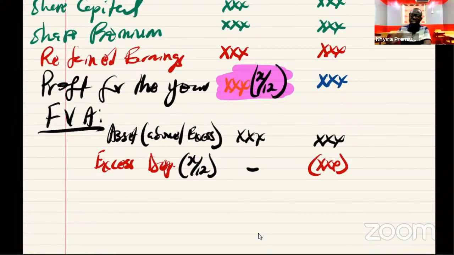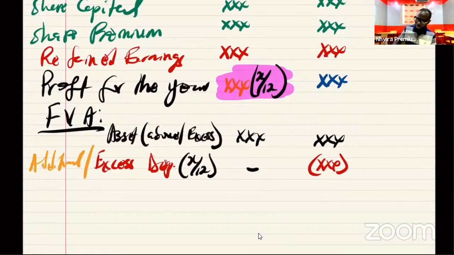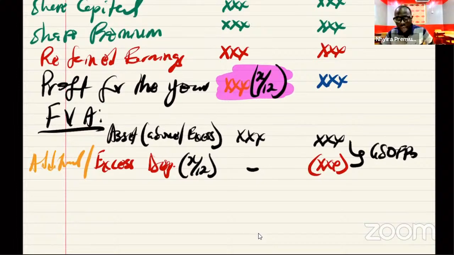However, since the subsidiary had understated its assets, it means it had charged depreciation less than the amount which it should have charged for the period under consideration. For that reason, an additional or excess depreciation is charged, and that is brought to the reporting date and deducted. Now, the net of this actually goes to the consolidated statement of financial position as an addition. The net of the above figure less the depreciation will go to the consolidated statement of financial position, and we'll add it to property, plant, and equipment.